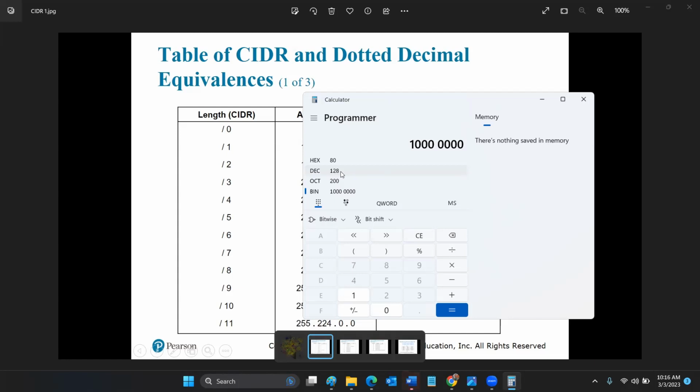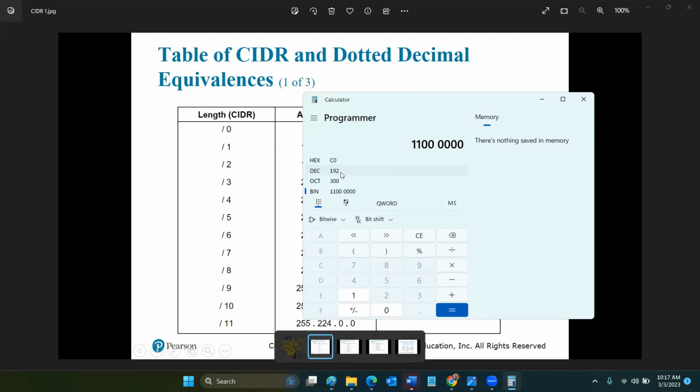And to humanize our binary equivalents of the network address, the client address, and the subnet mask in particular, we get 128. Now, if we take this instead and we do a 11000000, now we have a decimal number that's 192,